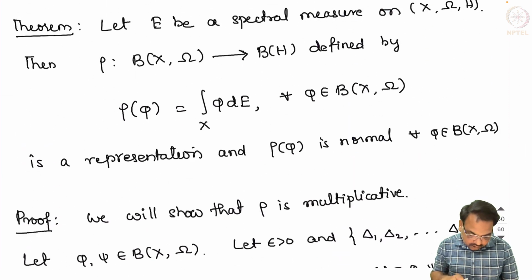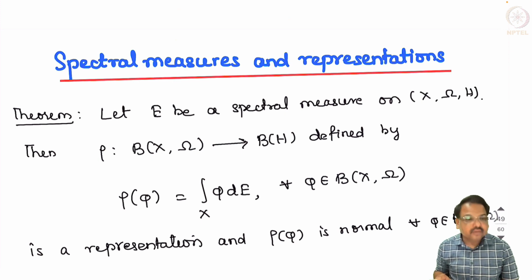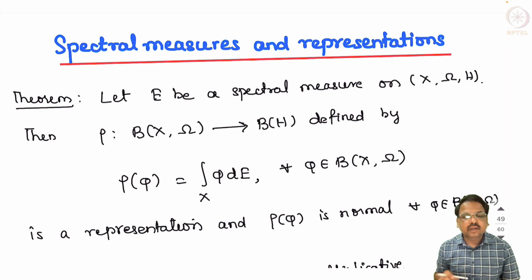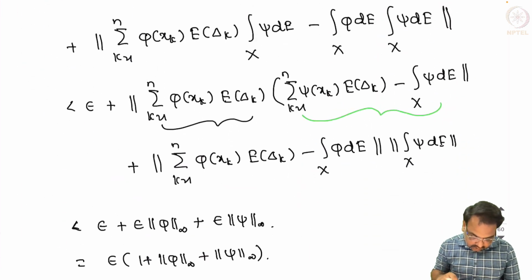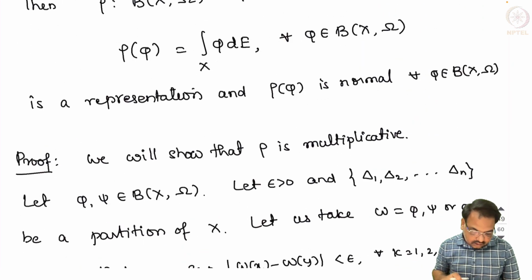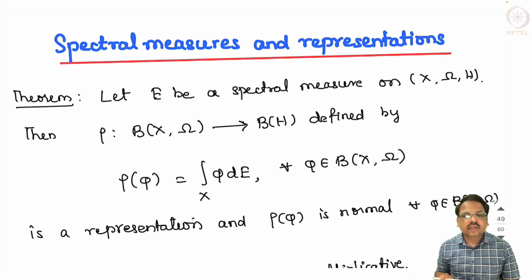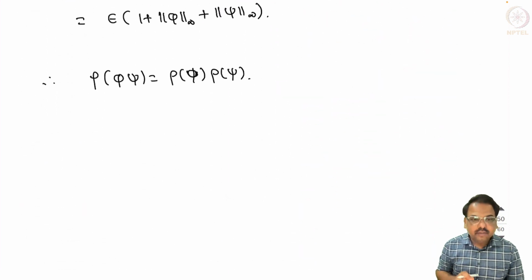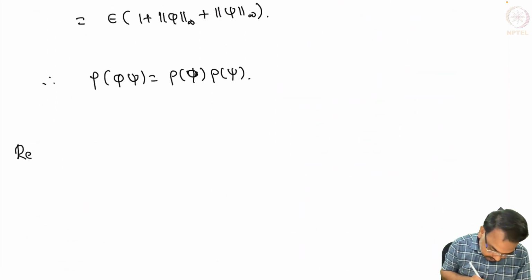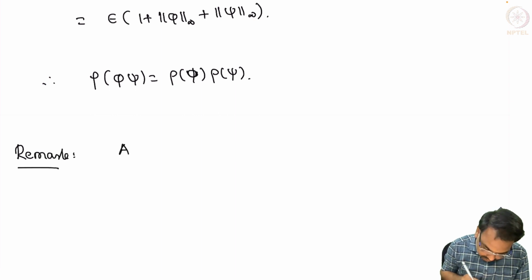So the other part, that rho(phi) is normal, follows from the definition of rho(phi) star that we have already discussed. So this completes the proof of the result. This result says that given any spectral measure, we can get a representation from B(X, Ω) into B(H). Now we can ask the question, what will happen to the converse? In particular, we can say that spectral measure E